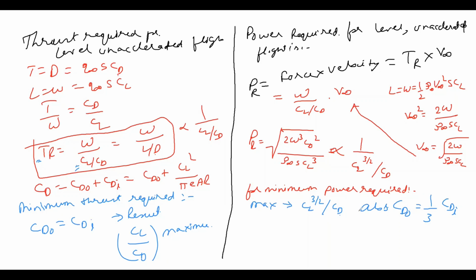Okay. Now what is the condition of thrust required? Understand this thing. It's not only about formula and everything, but just imagine the concept, like you are taking off. So when you are taking off, you have to increase your velocity, and you will need more fuel, more thrust. So in that case thrust required is very high, and you can see that CL by CD is not maximum. But when it reaches the cruise almost, then CL by CD is maximum and thrust required is minimum. Also one more thing, this formula is only valid for cruise.